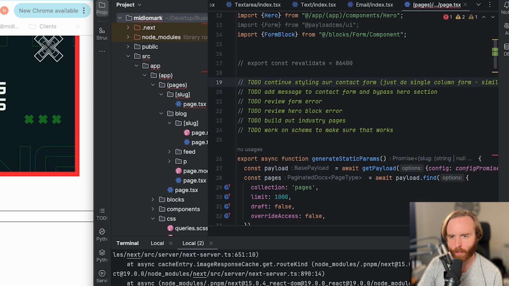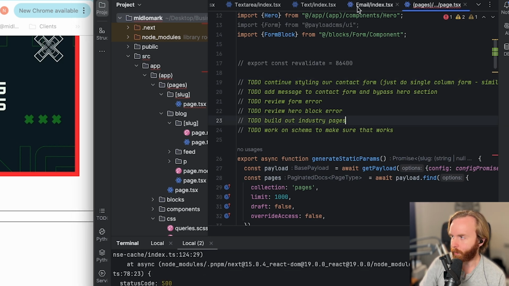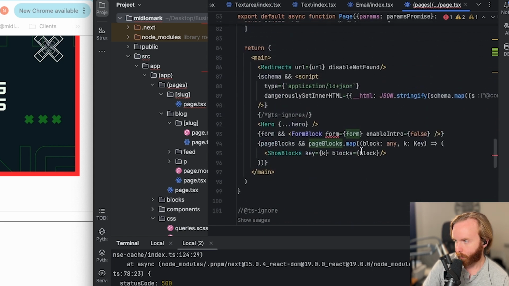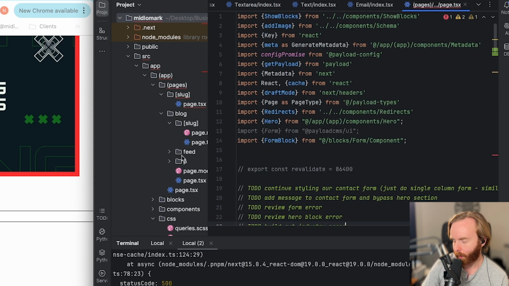So that's what I've done so far, and I'm going to change some of that though, because I think I'm going to go for more of a single column view for the form, and I need to add a message. So before I do any of that though, I would like to get my project up to date, because I have been getting errors, and I think some of the errors might be from my